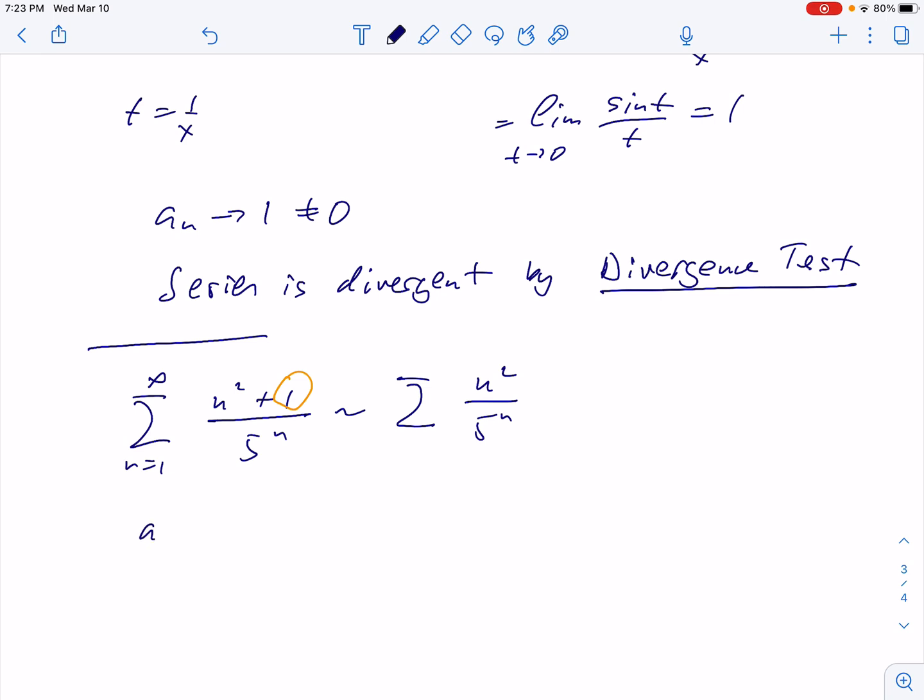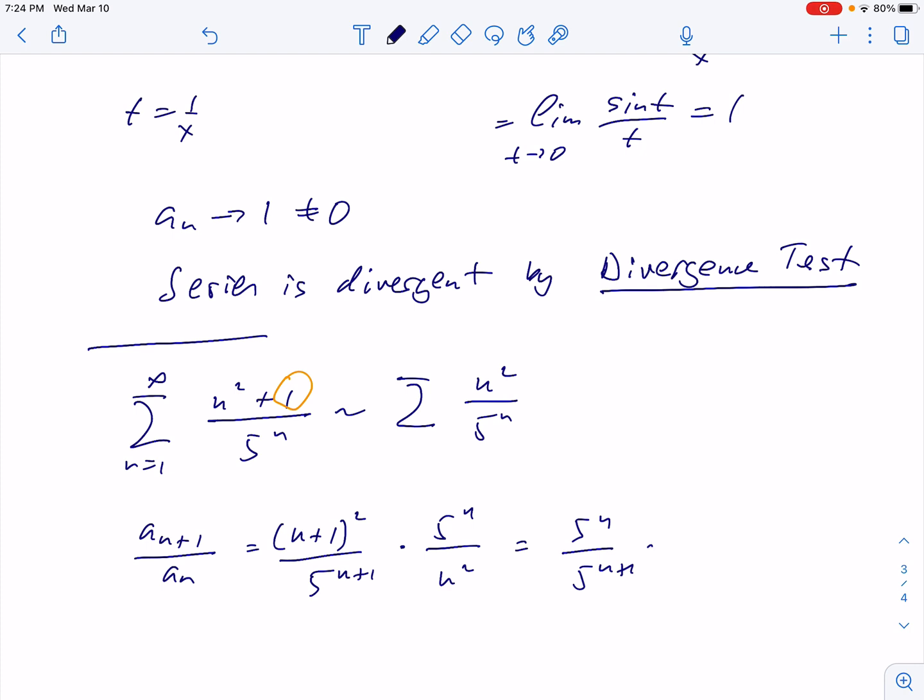So here I can write this ratio a sub n plus 1 over a sub n. No need of absolute value. These things are positive. So I'm testing the simplified series, which I will show you is convergent. Then by the comparison test, the original one will be convergent. Now look again at this ratio. I'm writing a sub n plus 1, so n plus 1 squared over 5 power n plus 1 times here a sub n in the denominator, so this goes up. We did something very similar before,